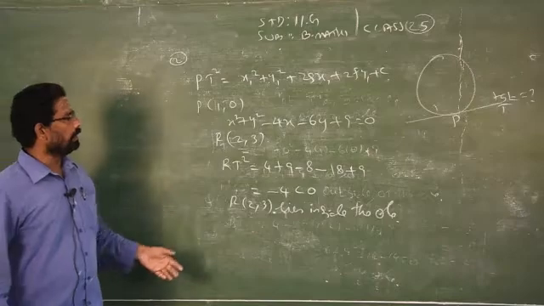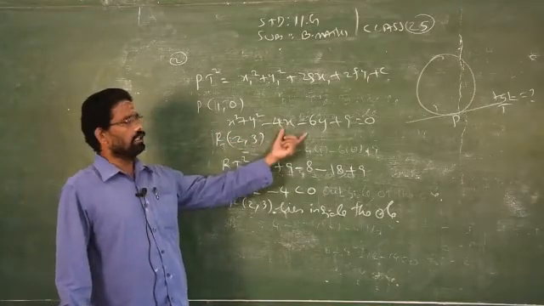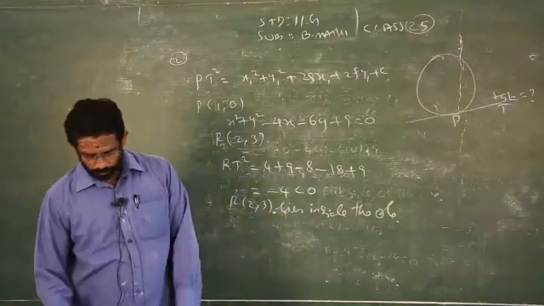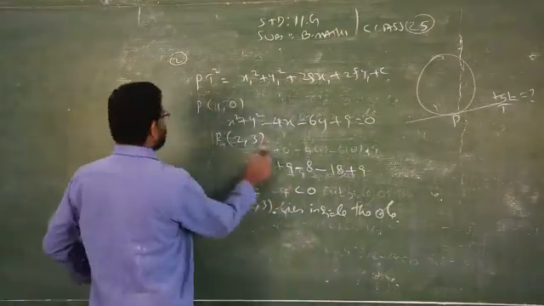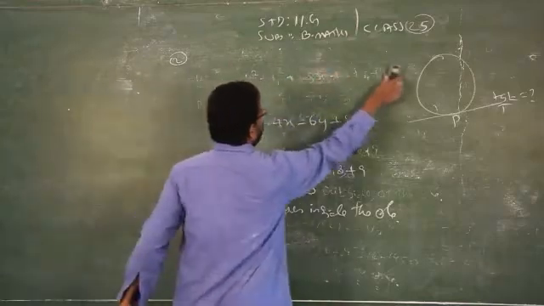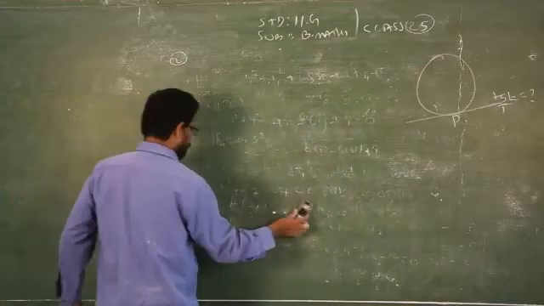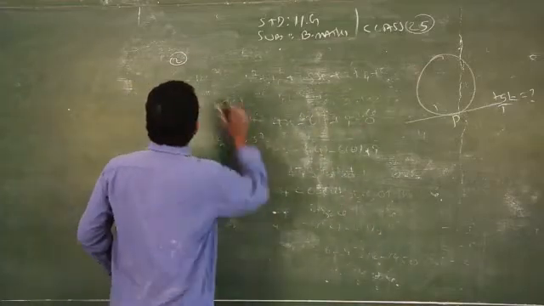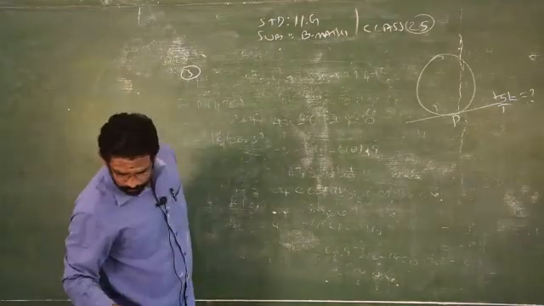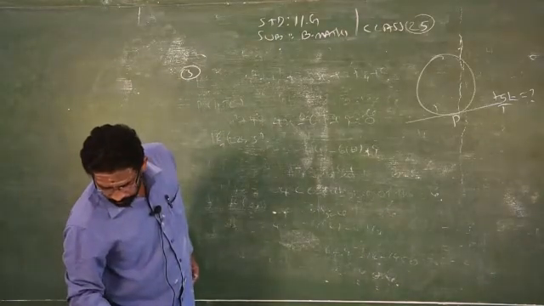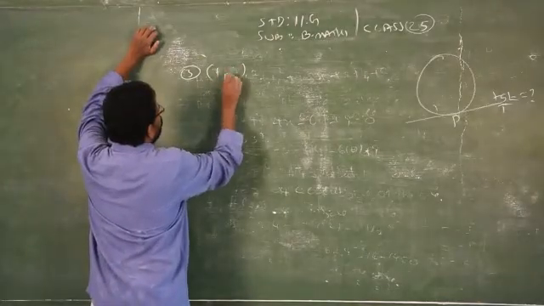So very simple, you just have to replace x and y in the general equation, you will get the required answer. Then the last one, the third sum also has the same process. I take the square on the left side. Clear? So the third sum also has the same model. It is given, find the length of the tangent from the point to the circle. The point is given as (1, 2).